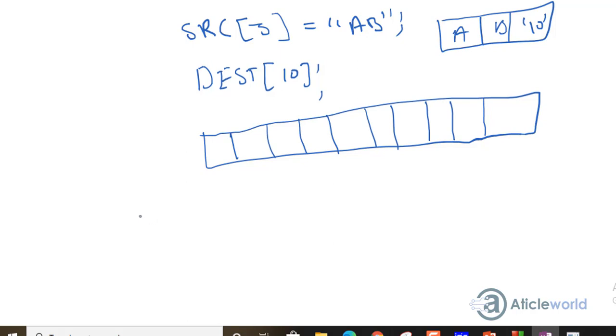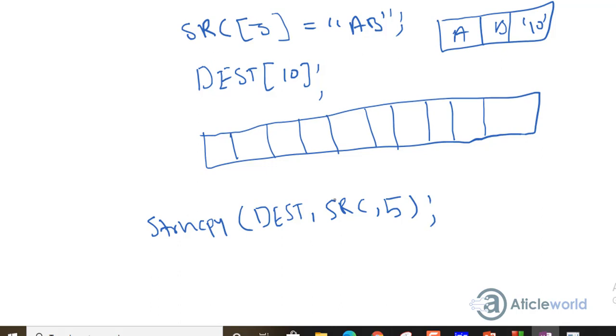Now writing strncpy and passing the destination and source memory addresses. And I just want to copy 5 characters. So what will happen?